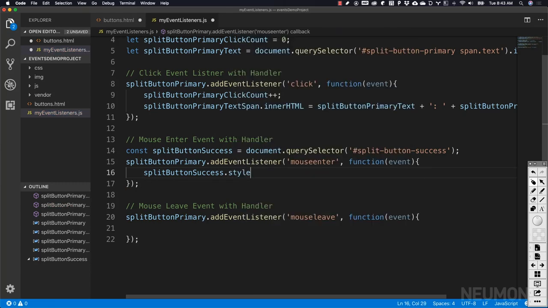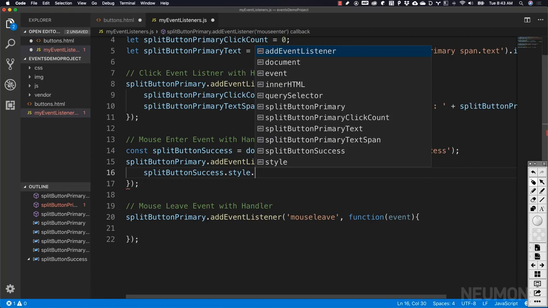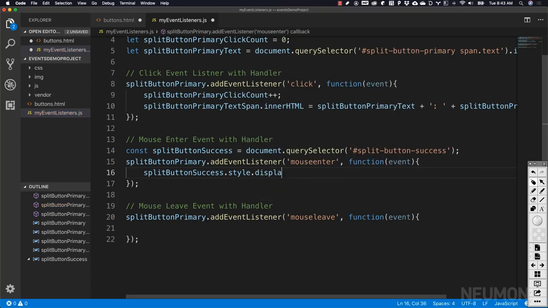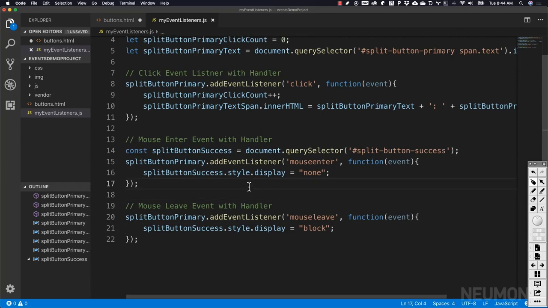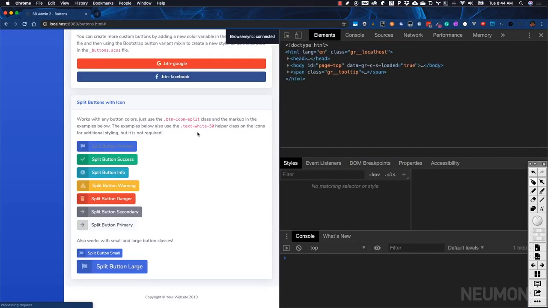Dot style. Dot. And then let's do display. And we're going to set that property to none. Oops, not mom, but none. All right. And then, of course, when we are in the mouse leave, we want that to go back. So then we will do a display block. Now, we've kind of done this without testing it, so let's go back and give it a shot and see